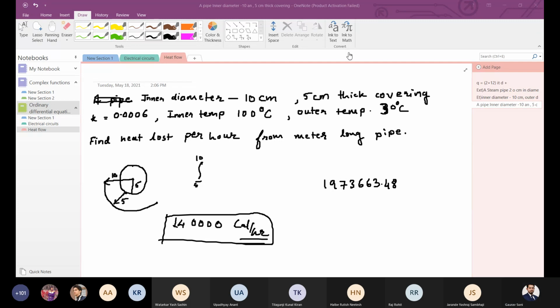Fine. That's all for heat flow. Our first